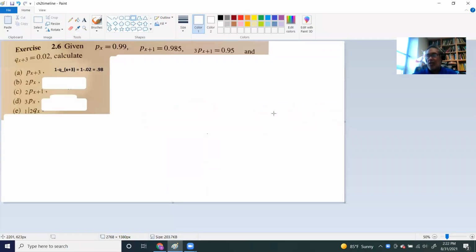This is exercise 2, well, on the old text it is 2.6. I went ahead and made a copy of the problem, and I'll just show you basically what I think is a very good way of doing this. Now you're given these objects, given these numbers, and you're told to calculate these various things. Now, the very first one,